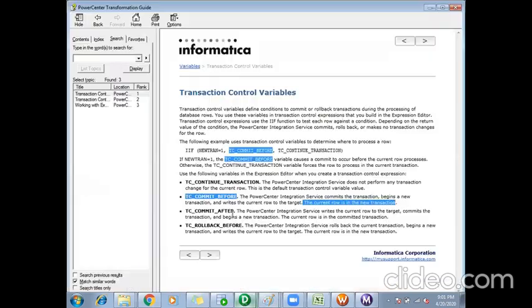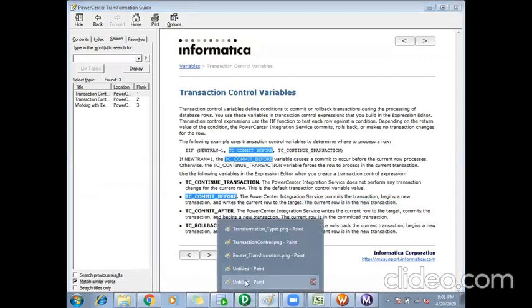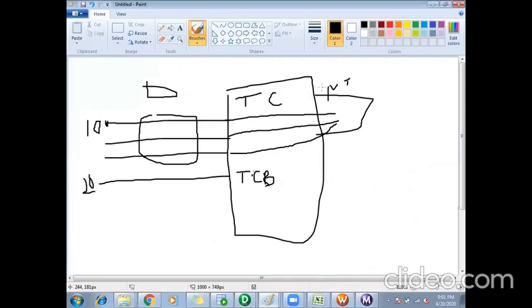That means it commits the transaction. Whatever existing transaction was there will be committed. What is the existing transaction? This one, which has the 3 records. These will be committed, and when I say committed, they will be sent to a target. If you know SQL, we apply commit, right? When I say commit, it commits the changes in my target table.